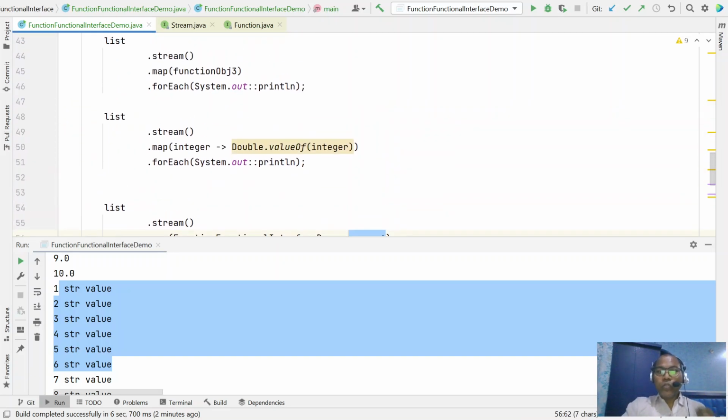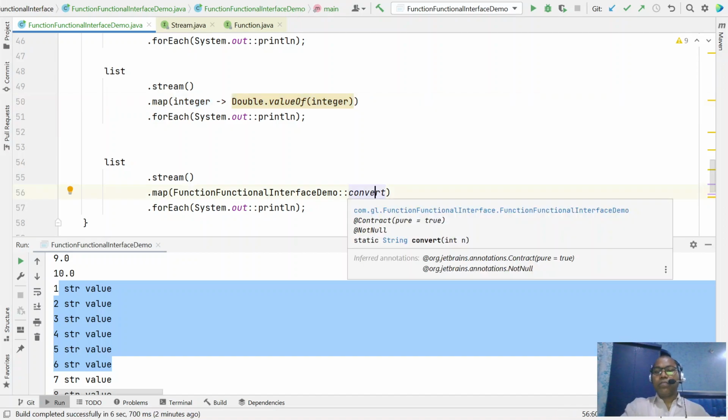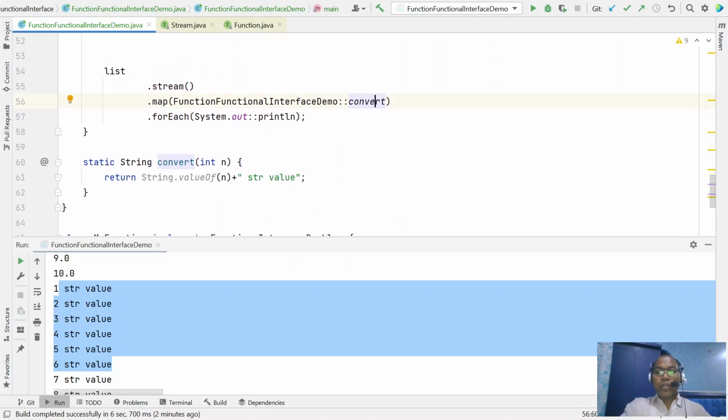So there are two ways to pass a functional interface that has a single abstract method: the single abstract method definition you can pass using a lambda expression, or you can pass using a method reference. Method reference helps when you have an existing method that follows the same signature; you can use that method name.